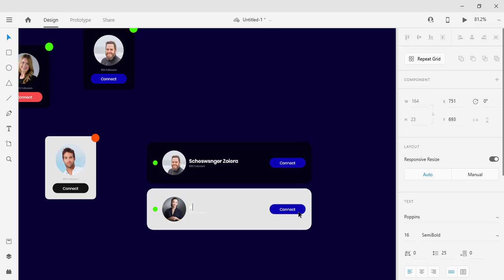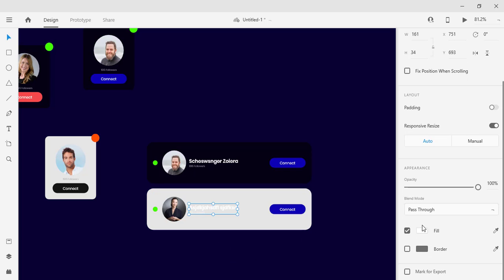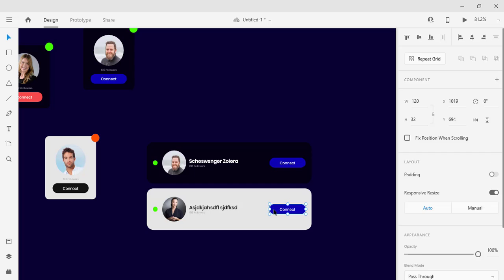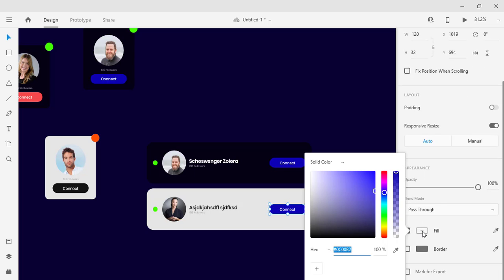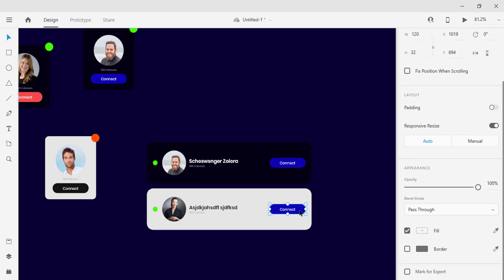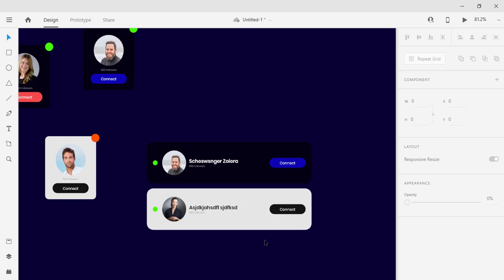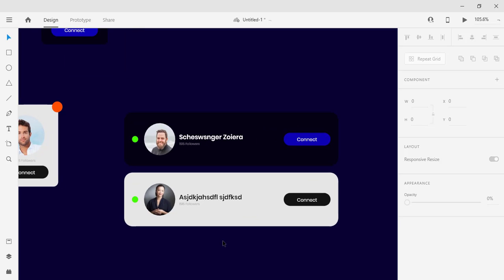Name is again we are going to change to some name, right? And we are going to change the color to darker shades. And again, by pressing Control, we are going to change this color to this one. And yeah, here we go.